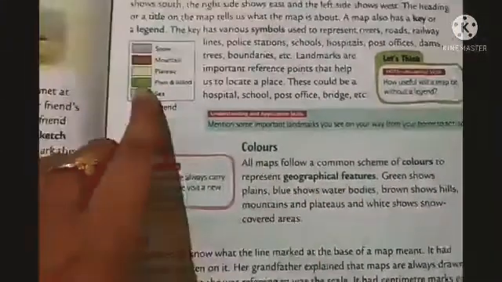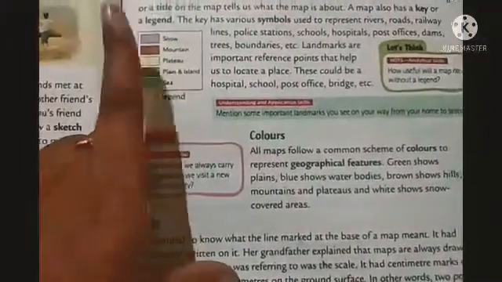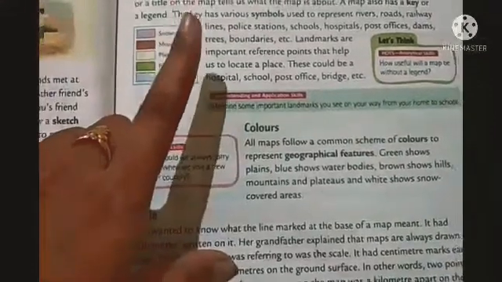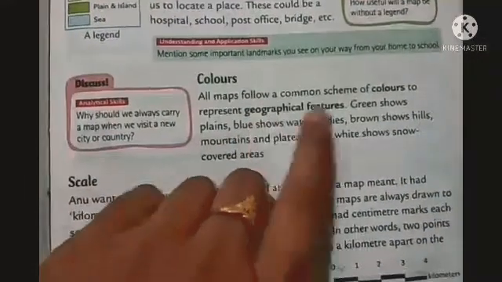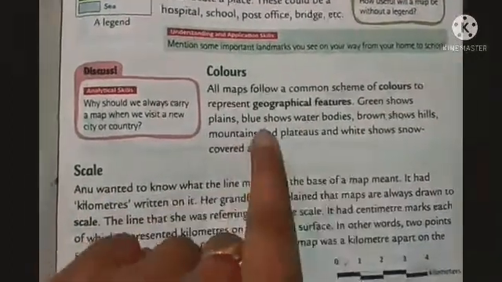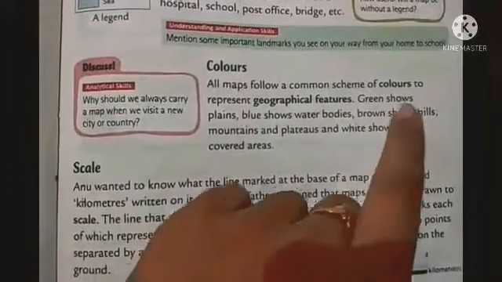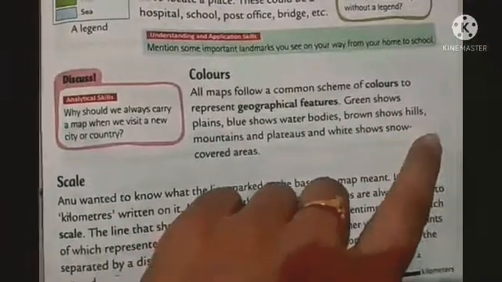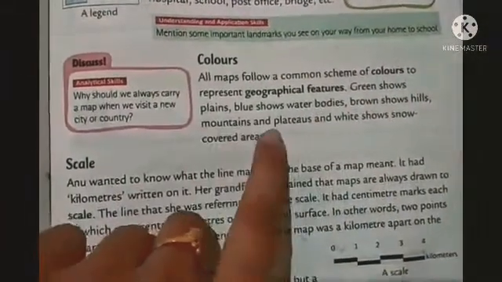Geographical features means like mountain area, plateau area, or snowy or plain area, like that. So they are called geographical features. All maps follow a common scheme of colors to represent geographical features. Green shows the plain area, okay. Then blue shows water bodies, brown shows hills, the hills and mountains and plateau, and white shows snow covered